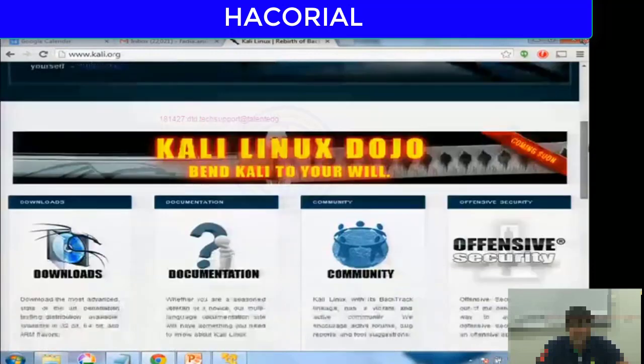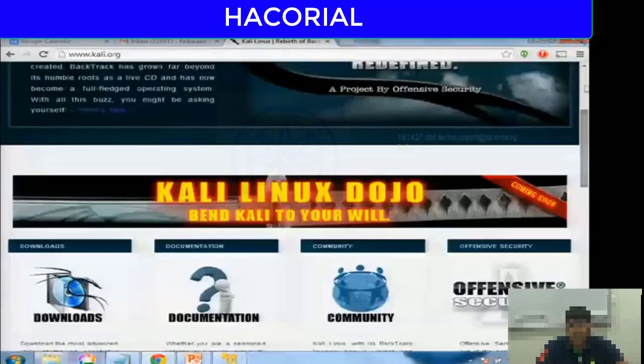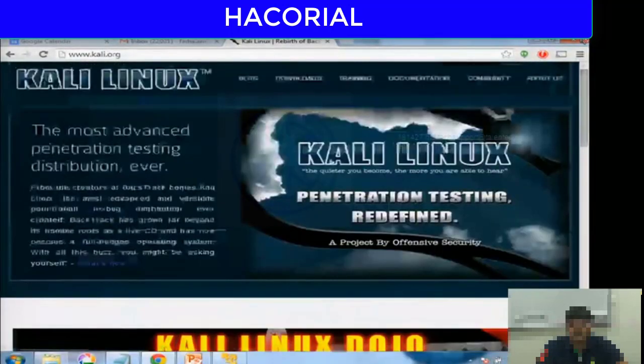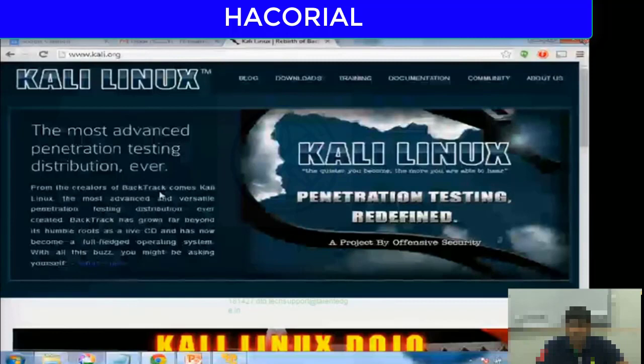and Kali is actually, I'll just quickly read the description a little bit, from the creators of Backtrack. So the same people who had created Backtrack have also created Kali Linux. It's one of the most advanced and versatile penetration testing distributions ever created. Backtrack had grown far beyond its humble roots as a live CD and has now become a full-fledged operating system. Which is why Kali Linux was